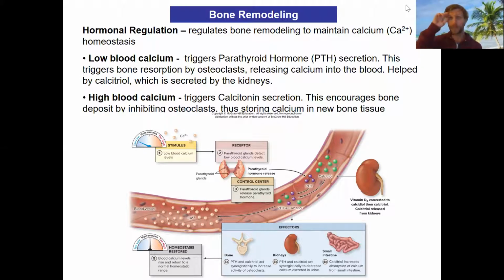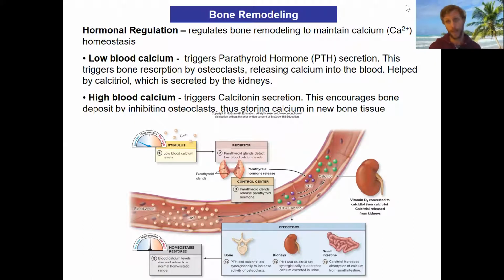So what we have to then think about is that there are multiple parameters determining whether we're going to be doing bone deposit or bone resorption at the moment. Calcium levels in our blood are one of those parameters that we have to keep in a homeostasis range. So let's look at the hormones involved in regulating blood calcium levels and how they interact with our bone